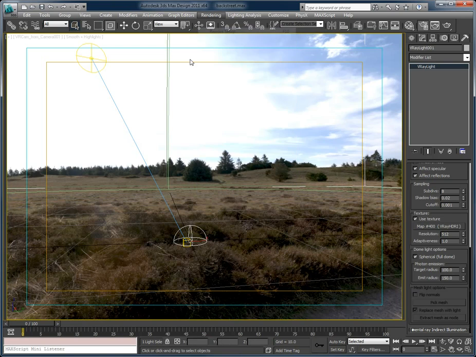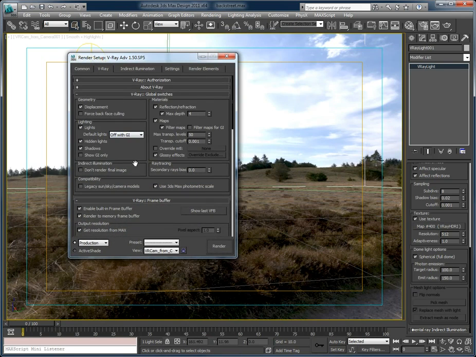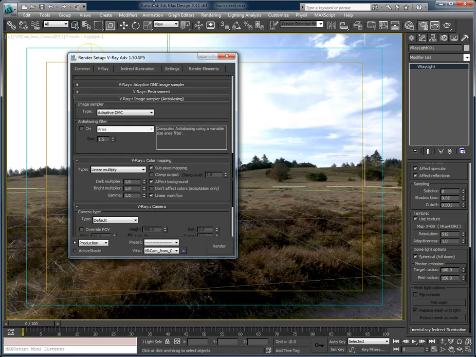Here in my V-Ray settings, under my color mapping, I have it set to linear, dark multiplier 1, bright 1, gamma 1. And in my V-Ray frame buffer,